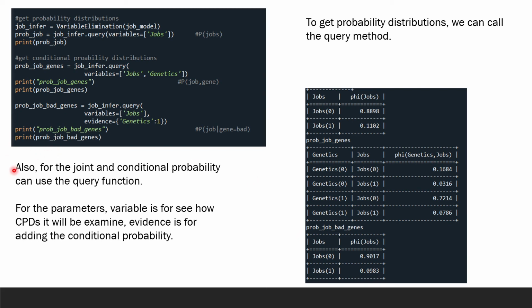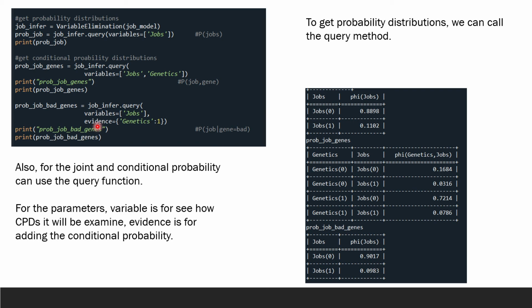Also, for the joint and conditional probability we can use the query function, where the parameter variable is for CPDs, conditional probability distributions. It will be an example for adding the conditional probability. Oh yeah, we talked about it before. And the last one is